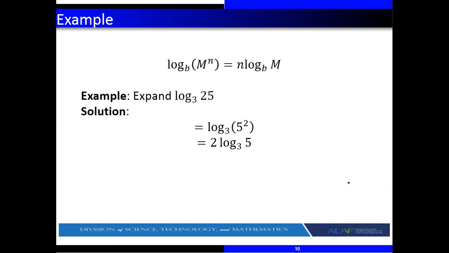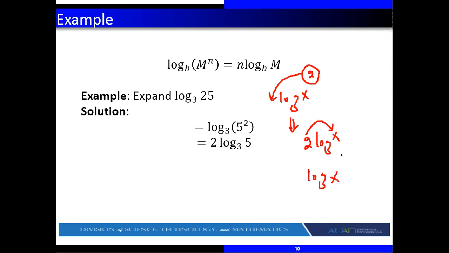For example, power rule means when we have log of, for example, x square. So according to log rule, you can write power in the form of what? And coefficient. It means you can change power to coefficient, and coefficient can be replaced to the power. So I can write this one, log of x square, in the form of 2 log of x. Again, I can transfer this one to power and I can write log of x square. Correct?